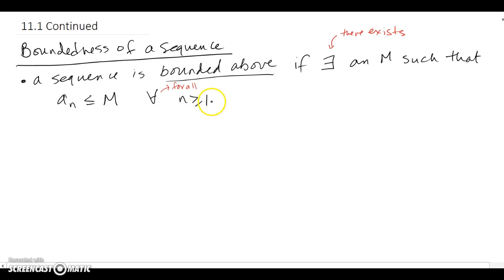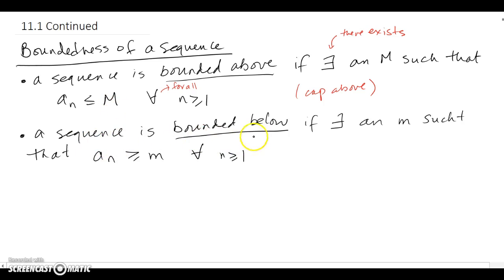Now, what does that mean? It simply says that all the terms of your sequence, whatever they are from the beginning until the end, going on infinitely, of course, forever, are all going to stay below this one number m. You can think of it as a cap above that doesn't let the terms of your sequence go beyond this value m. So everybody stays below m. That would be the sequence is bounded above by this m, which of course doesn't have to be unique.